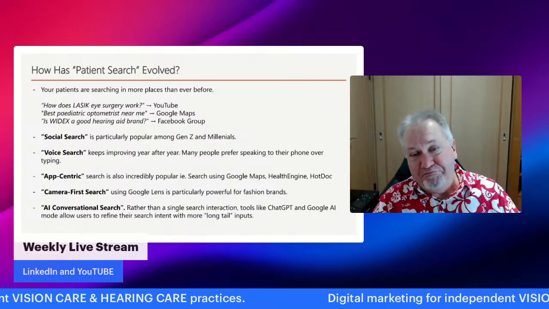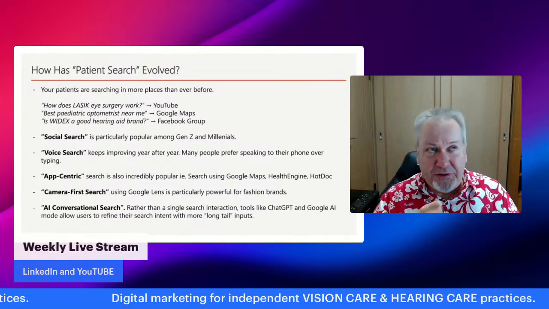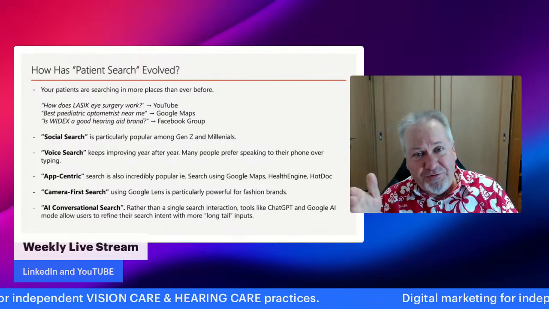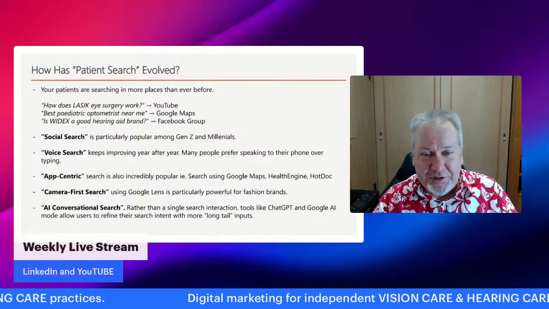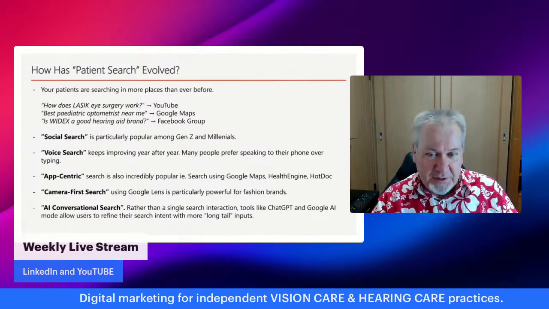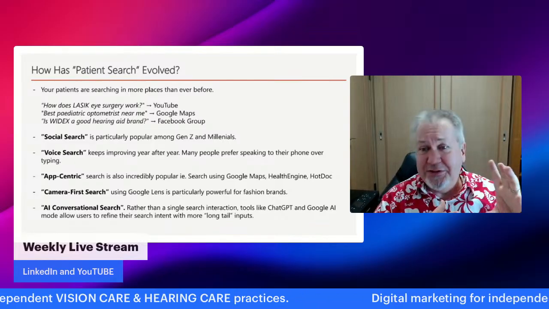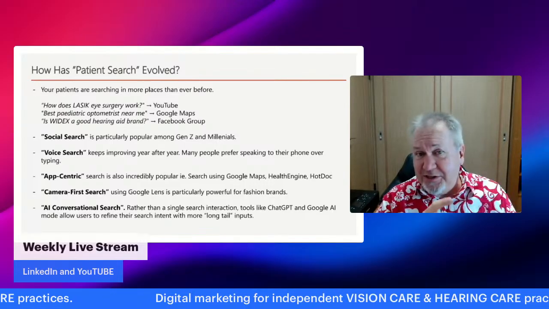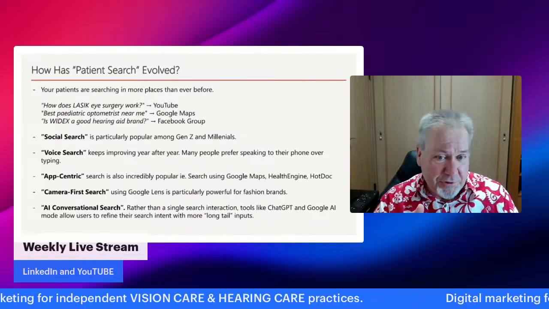People's path to booking an appointment with you, their patient journey, now involves various touch points. It's not as simple as it used to be. And I think there's a generational aspect to this as well. Particularly amongst Gen Zs and millennials, people are talking about what they call social search.